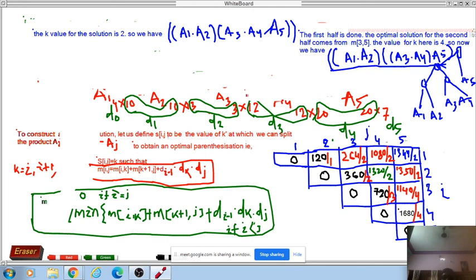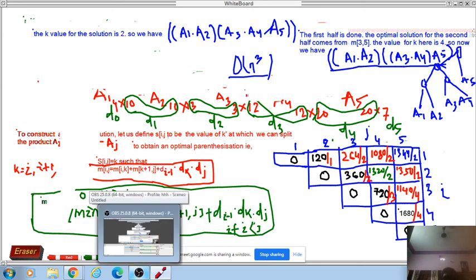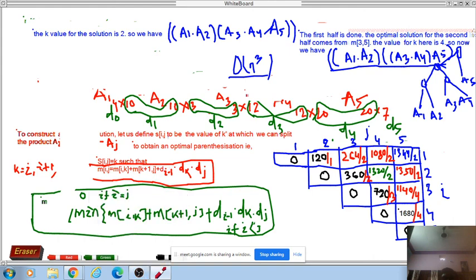Clear now? Are you understanding or not? So this is level 1, level 2, level 3. So it is always the order of n cubed structure. This is the time complexity, either by the top down memoized algorithm or the bottom up dynamic programming. Whatever you call it, this is the order of n cubed. Did you understand or not? I hope you understood correctly and have this feeling of a nice session.